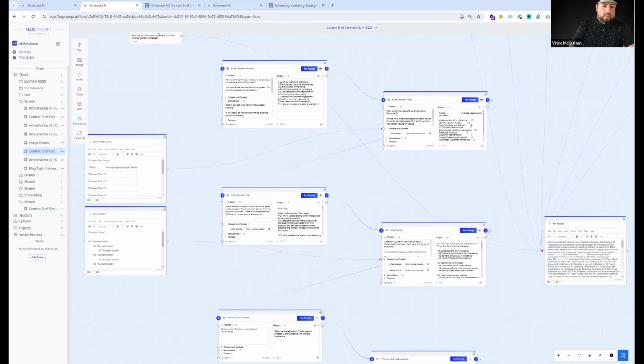So, thanks for walking me through it. I love this. I kind of geek out on stuff like this because I think it's important for anyone who's business savvy or business minded just to be aware of this kind of stuff. There are so many solutions on the market. Not that Flux Prompt isn't just one of many, but the fact that people are using an AI tool like this to be more intelligent, to work smarter, it's a big deal. And I think it's a big deal, especially like what you said.